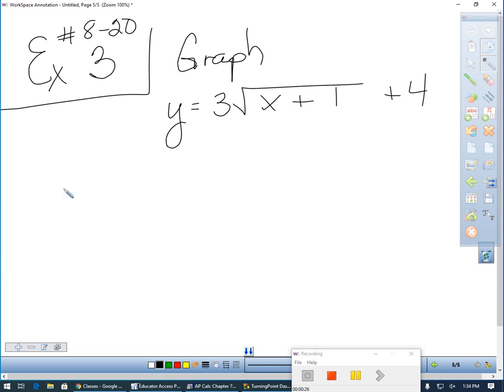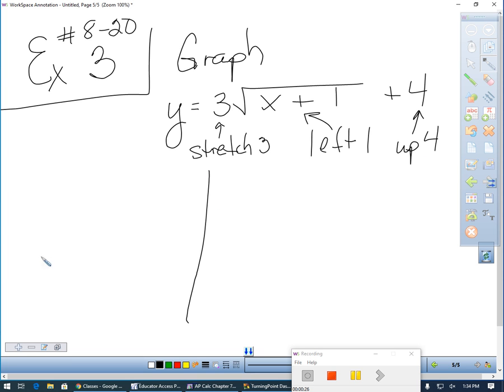Okay, so tell me about this translation right now. What is this 3 going to do? It's going to be a stretch of 3. How about in here? What's this going to do? Good. Left 1. And what's this going to do? Up 4. Awesome. All right. So, again, if at this point you do not want to put the original one on, you do not have to. I prefer to see it so you can see how it's moving. So if here's my original,